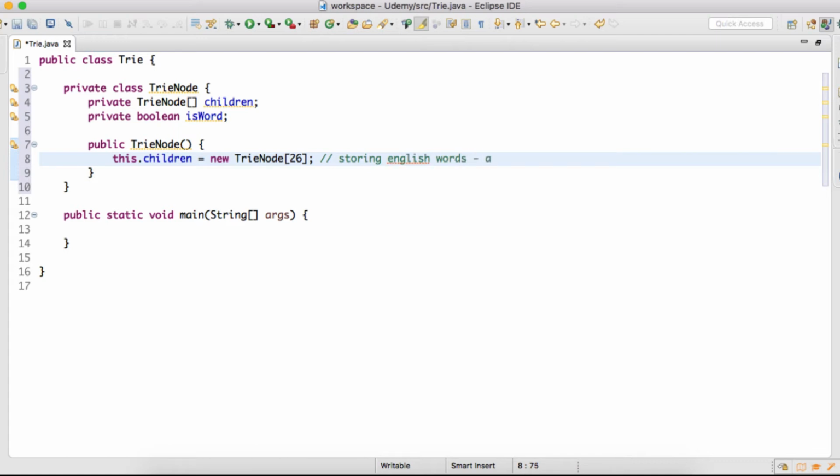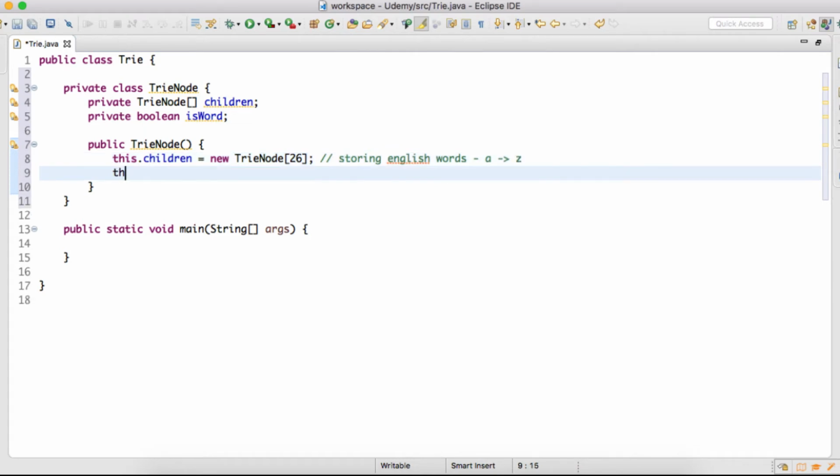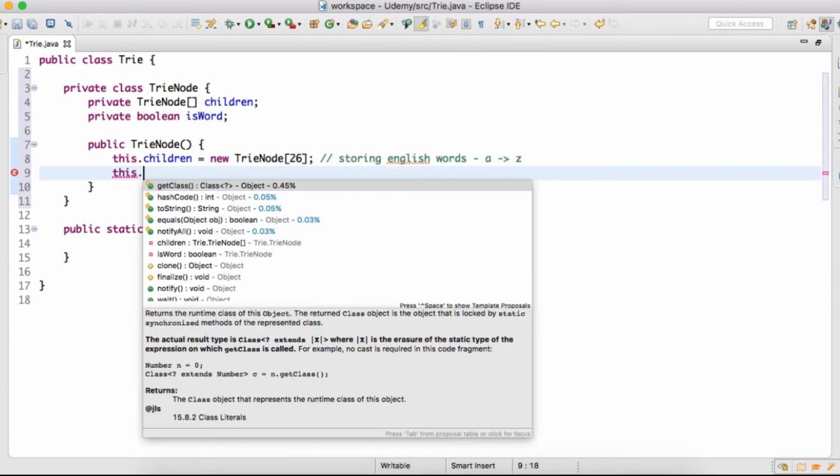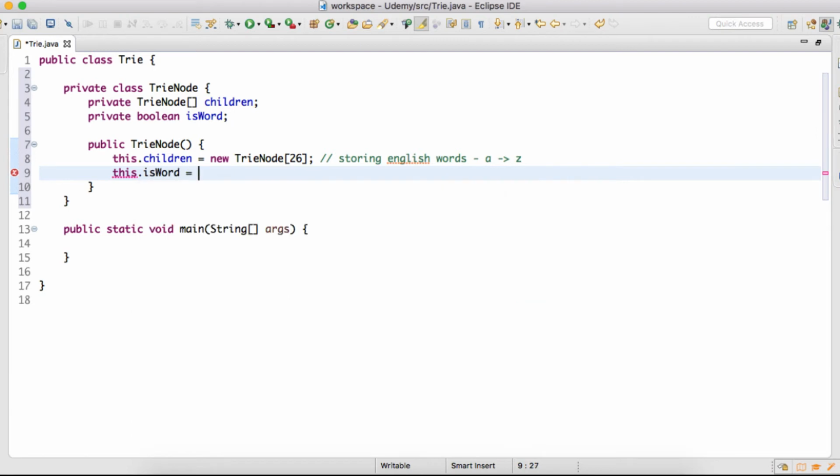So these words are from A to Z. Also, the value of isWord is false by default. So we set its value to true when this trie node is actually the end of a word.